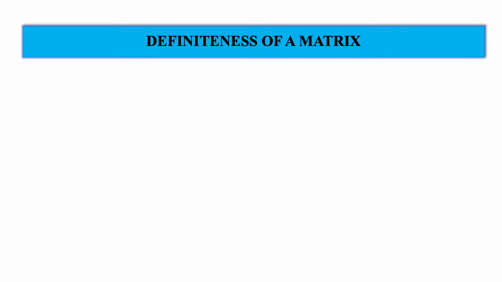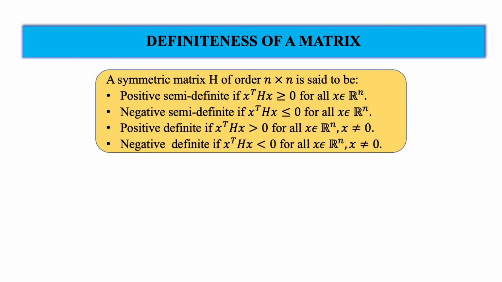In the last lecture we have seen what a convex function is and how we can identify whether a function is convex or concave by using graphical as well as mathematical methods. Now we will see, if f is twice differentiable, how we can tell whether the function is convex or not. So before studying twice differentiability of a convex function, we will see the definiteness of a symmetric matrix H.